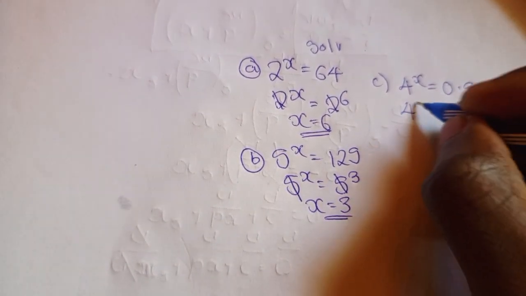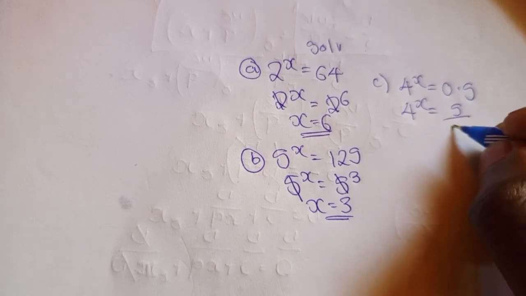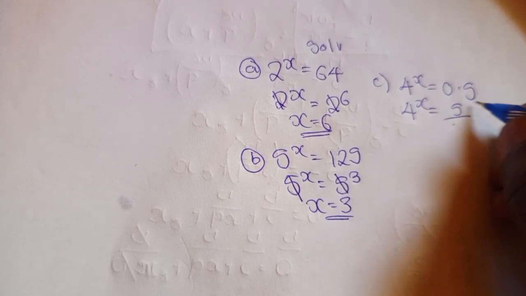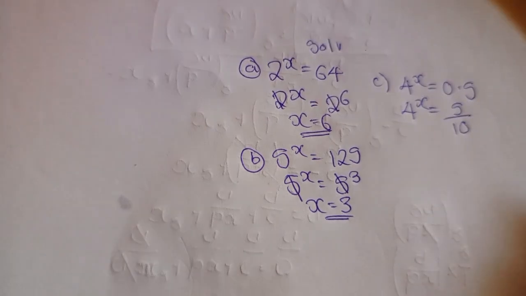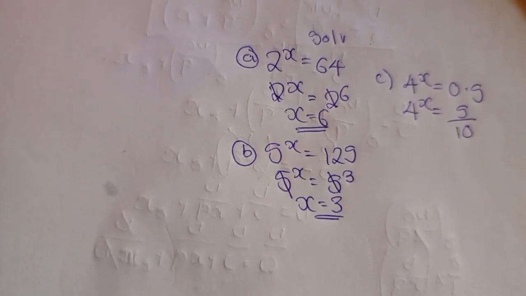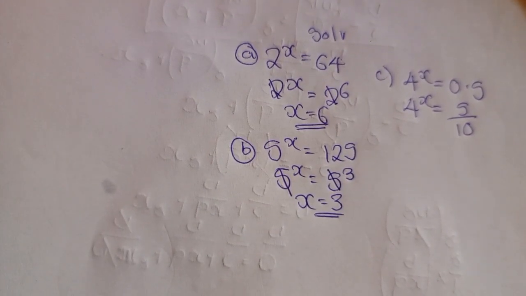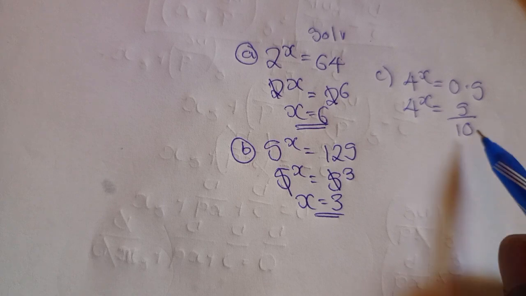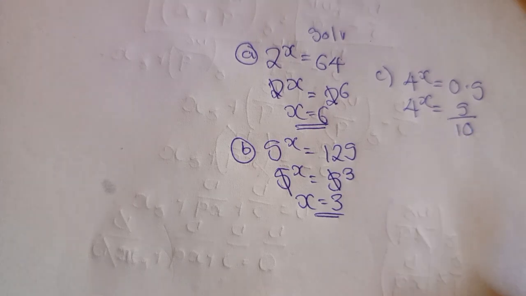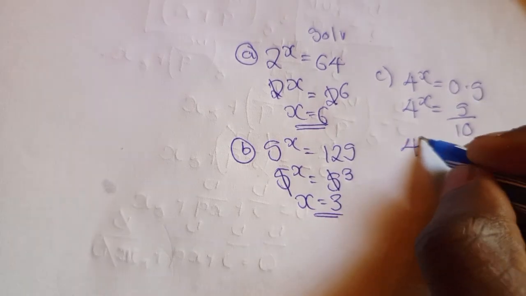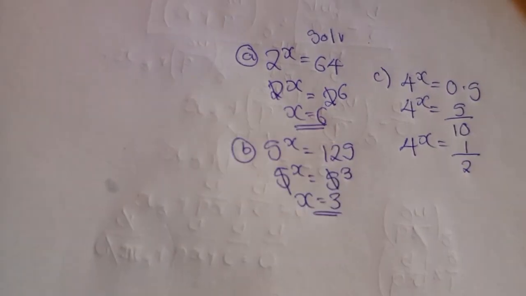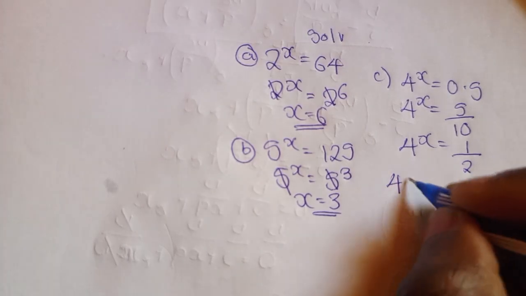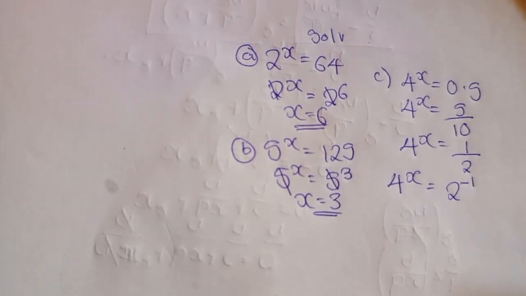Here we can break this one down, and you have this to be 5 over 10. Using what we have learned, we know that the bases need to be the same, and you have 4 to the power x being equal to 1 over 2, where under the negative rule of indices, this is 2 to the power negative 1,